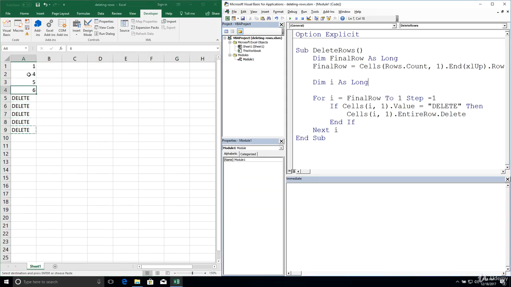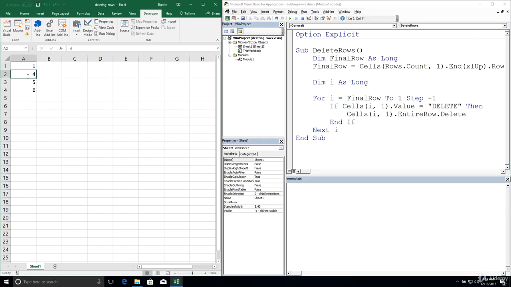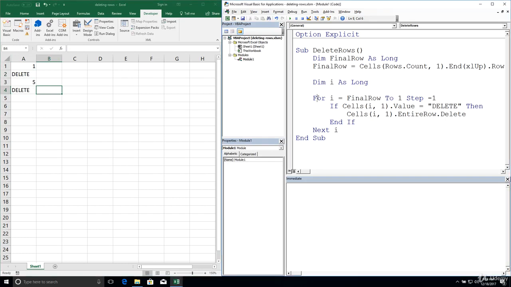So it should only see these 4 numbers at the end. We're going to execute this. There we go. Let me just show you again. Let's just put delete here, delete here. Doesn't really matter how many of them we have in sequence or separate from each other. No problem deleting them. That's all there is to cover here.